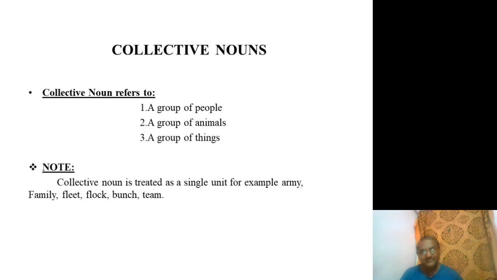The entire group, that entire cluster is treated as one unit, and that unit is called collective noun. In that unit, there might be two, there might be three, there might be four, there might be some n number of members, n number of things, n number of animals, n number of birds, n number of objects. So irrespective of the number in that, you are going to take only the cluster, that group.